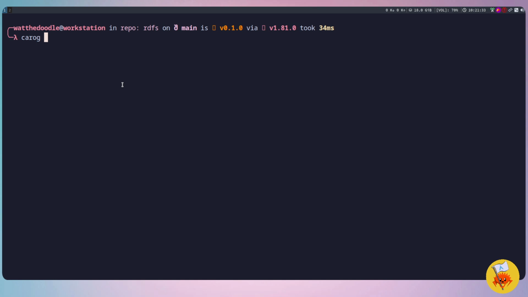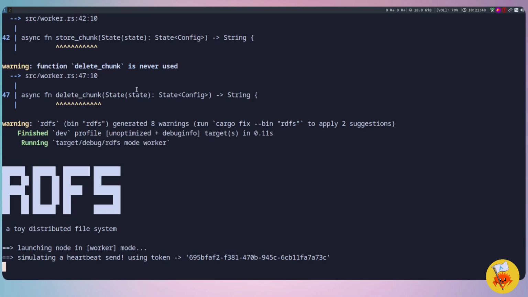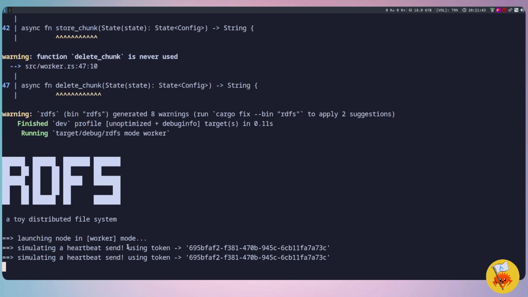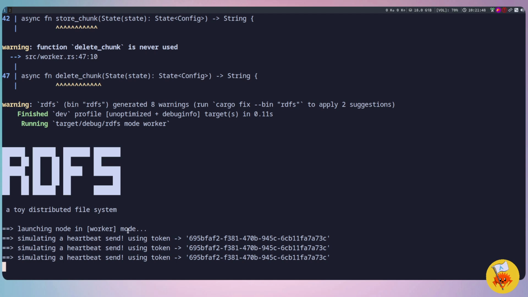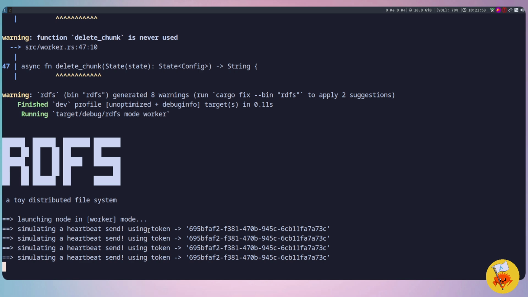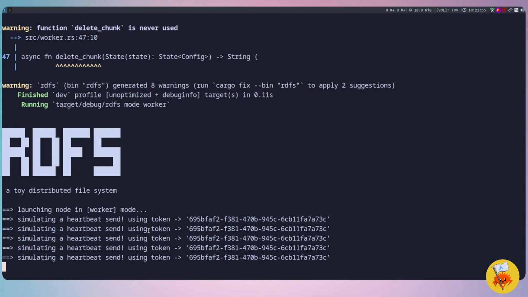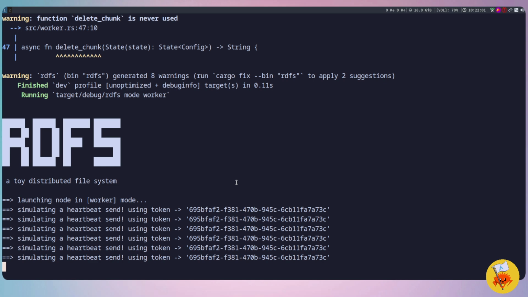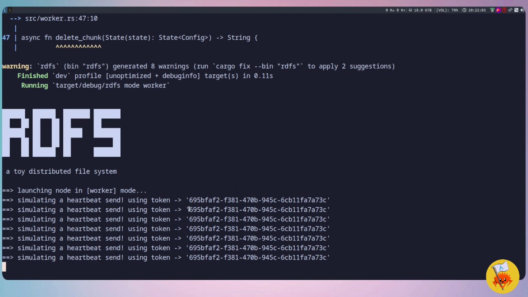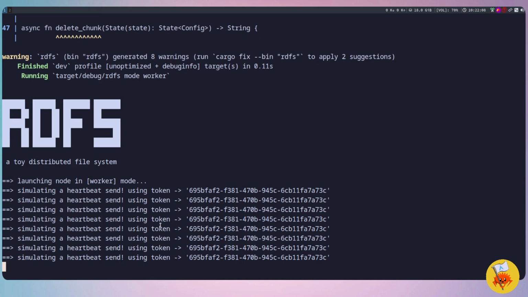And if we do cargo run, and we do mode worker, now you can see it's actually launched in worker mode, and behind the scenes the actual web server is running, and it will be able to accept commands because we'll be sending it API commands over HTTP. At the same time, we want this worker to contact the master node and send heartbeats at a regular interval,